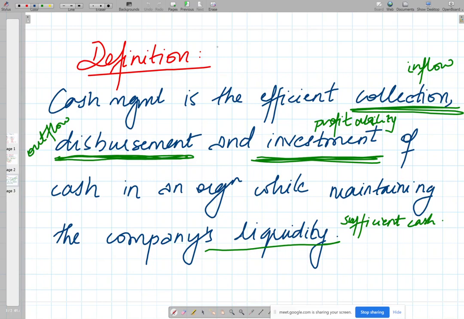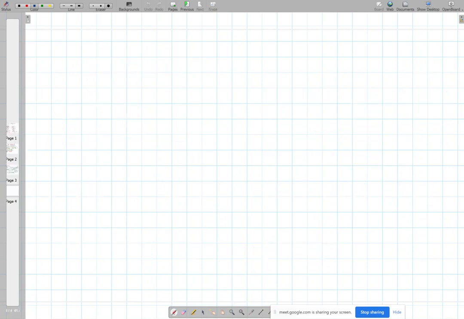Okay, so keeping these three things in mind, we are further going to look into what are certain objectives of cash management, what are the different aims that a particular finance manager intends to achieve through the whole cash management function. Fine. So we will see